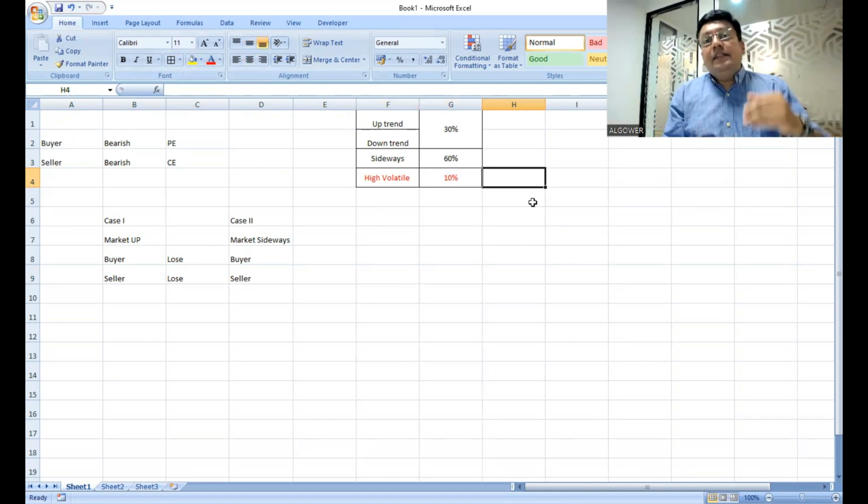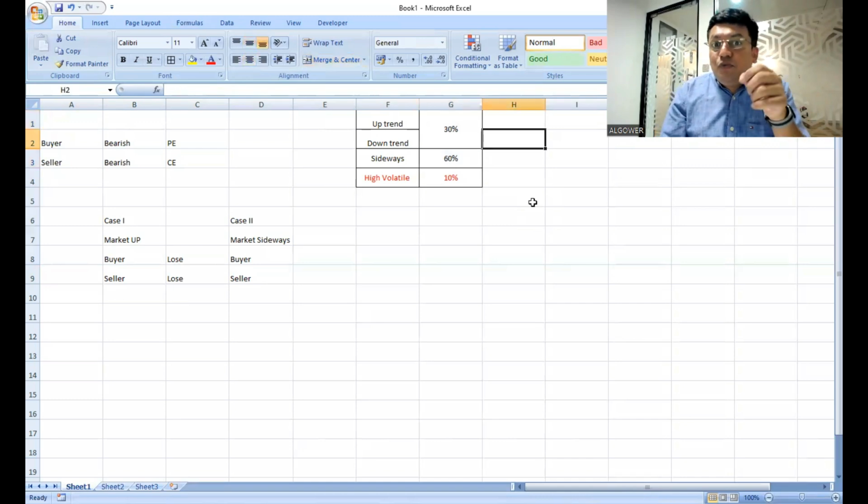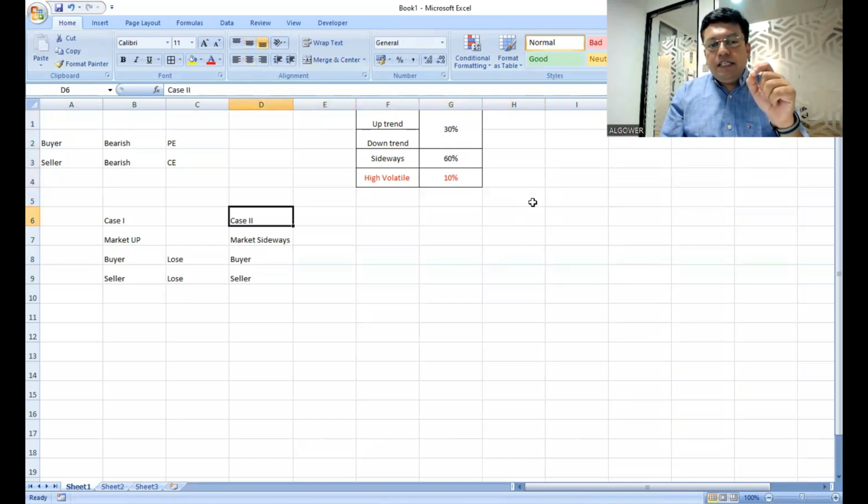But can we predict that this can be a high volatile day? No, we cannot predict it. So that day we are bound to make a mistake, limited up to our stop loss. But there is a huge other opportunity. 90% of the market, 30% trending days and 60% sideways days, we can actually capture. Also, what we need to understand is when it comes to option buying,